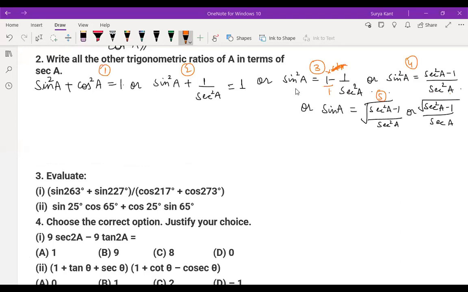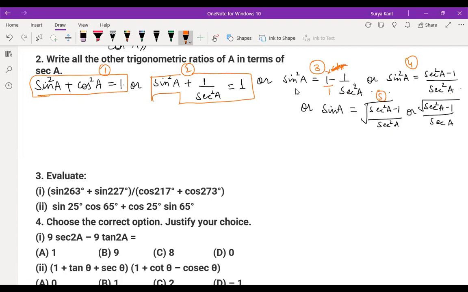Yes, sir. See, what I'm saying here is we have to convert all the trigonometric ratios in terms of sec A. So we have to convert sine, cos, tan, every trigonometric ratio in the form of sec A. So how can we convert sine A in the form of sec A? If we write this one, this is the identity. Why are we using this identity? Because we can convert this cos square A in the form of sec square A. So we can write here sine square A plus 1 by sec square A is equals to 1. Till here, second step is clear, Chanchal.